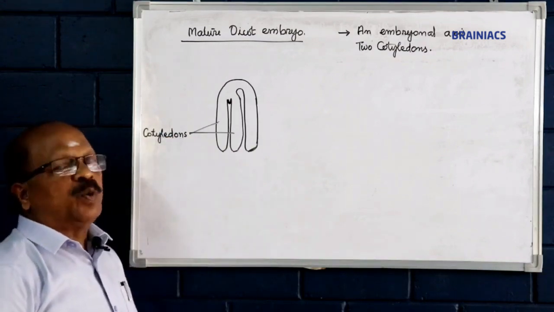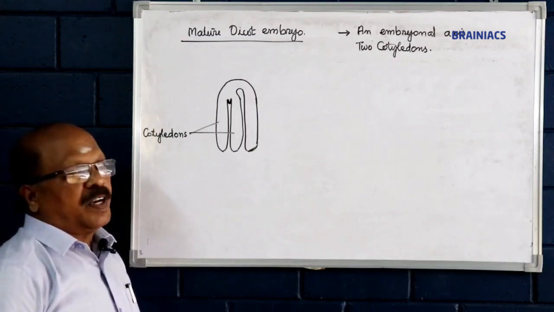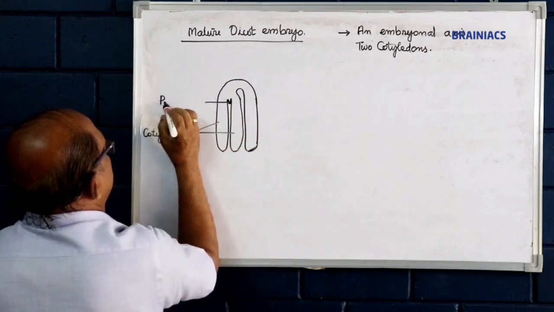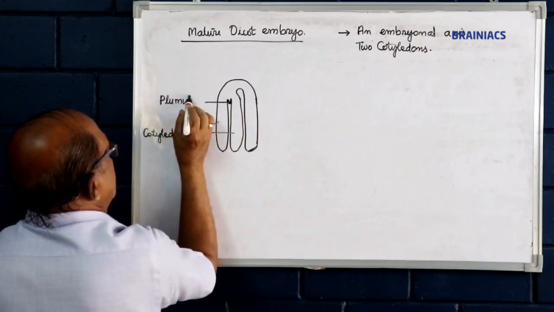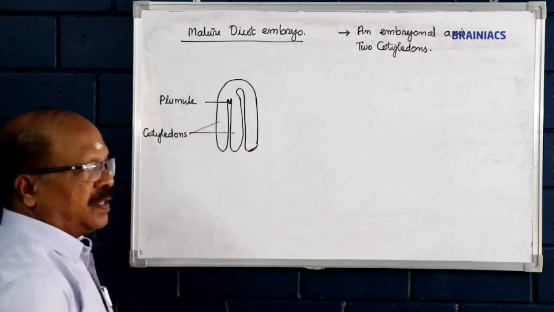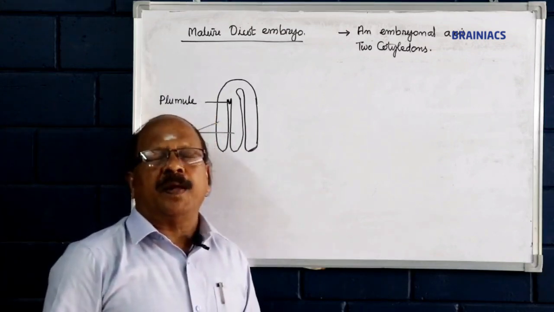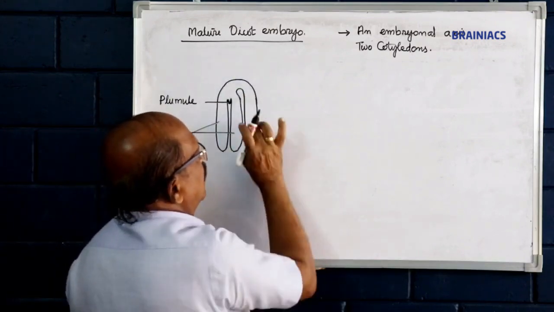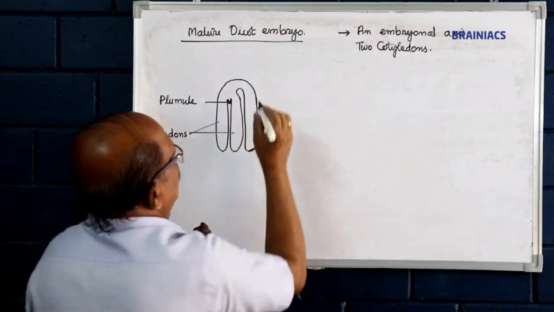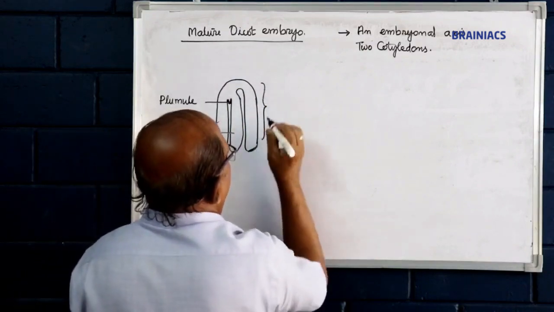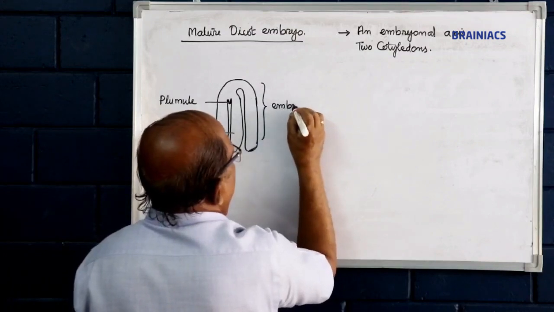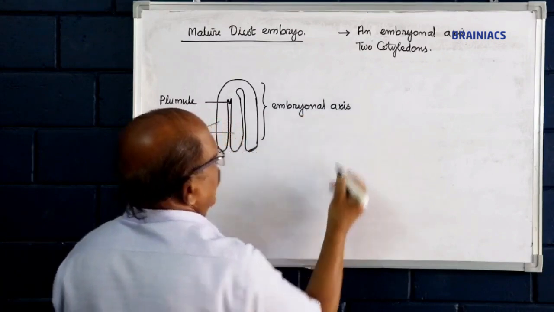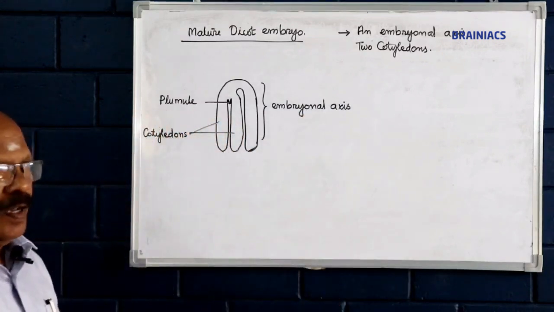There is a small protrusion in between the cotyledons, that is called plumule, which later becomes the shoot system. The cylindrical structure is the embryonal axis, having